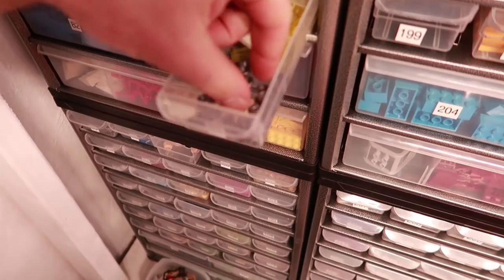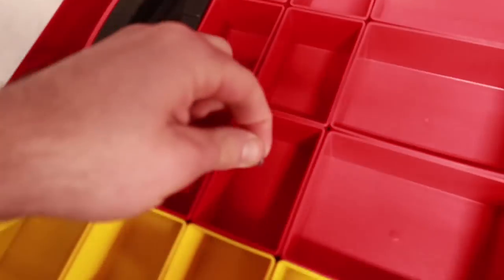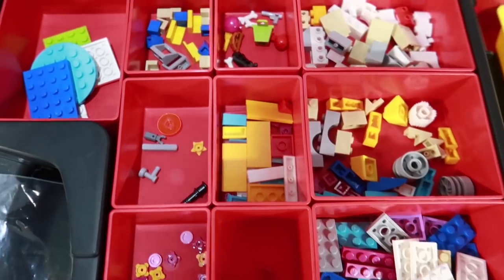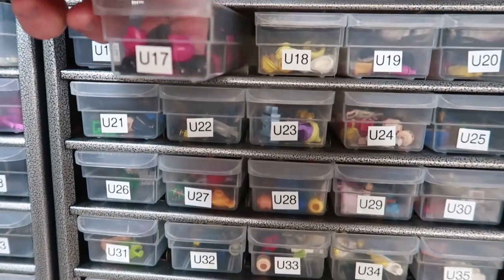So 81 is one. He got some sets from somebody and needs to complete them. And a big fan of the channel, and they have no feedback. So it looks like they created a Bricklink account so they can place this order. So thank you. All right, here are all the new parts, and we're on to the used. So, number 17 here. All right,